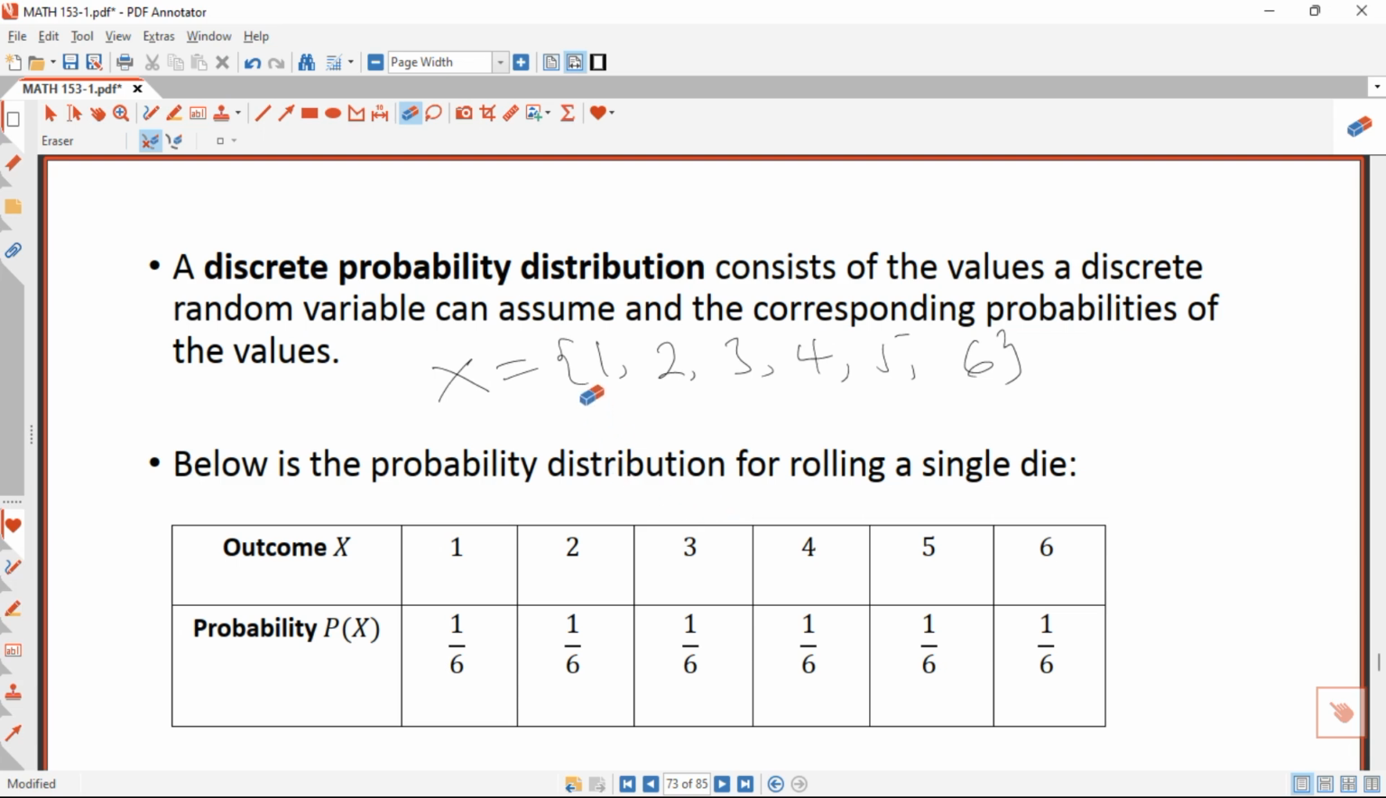So you are going to check their probabilities. What's the probability of getting 1 here? What's the probability of selecting 1 out of this? We know that the probability of an event is equal to the number of